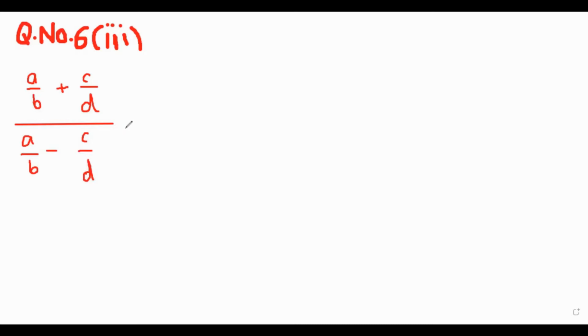So now we have to see that at first we have to use the first property, and which property is that? You are already aware of that, and that is the multiplicative identity. It means that at first this is written a by b, so multiply it with 1. So this becomes a by b multiplied by 1, while c by d can also be written as c by d multiplied by 1.